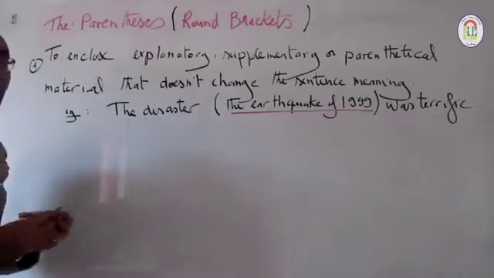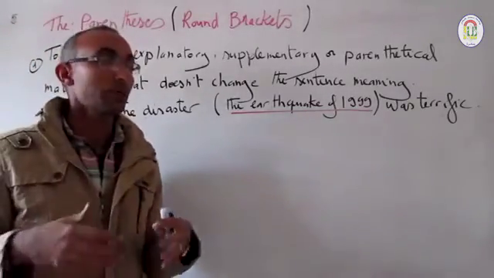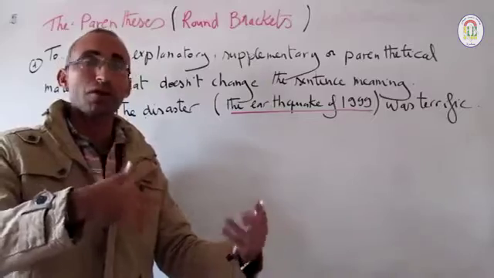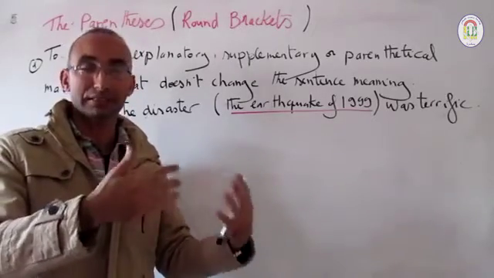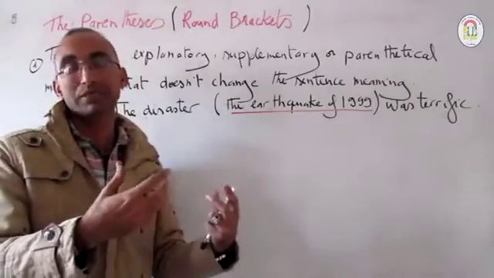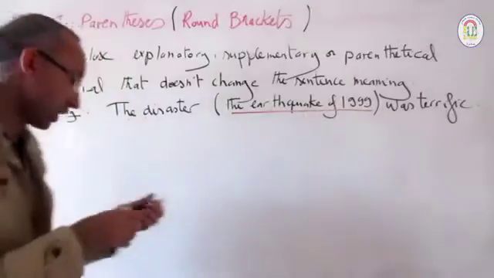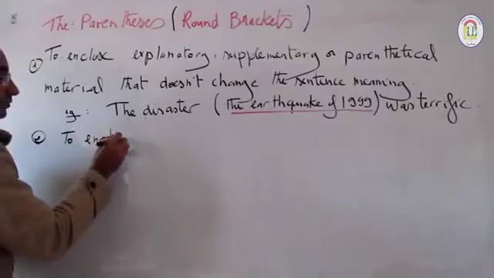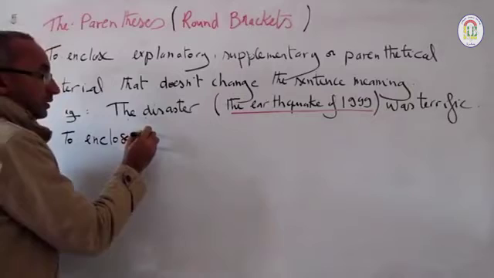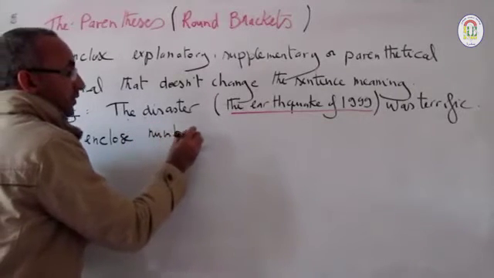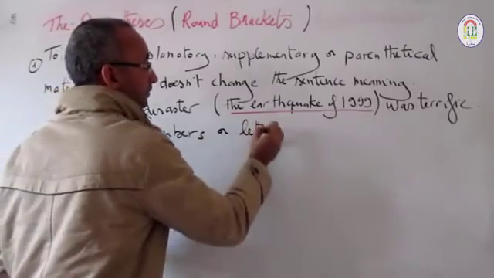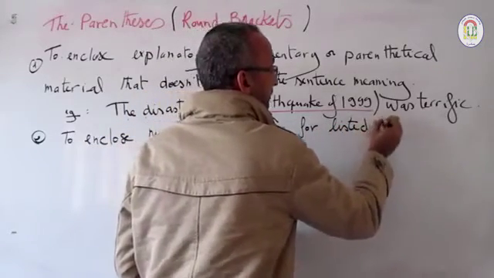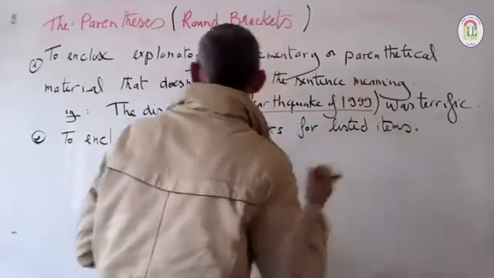Also, we have another use, and this use we commonly use when we list, introduce an element of a list, and we number the elements of this list either by using numbers or sometimes also by using letters. So also we write number 2. Now parentheses are used also to enclose numbers or letters for listed items. For example, I write,